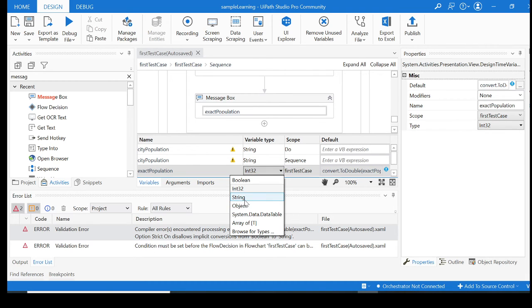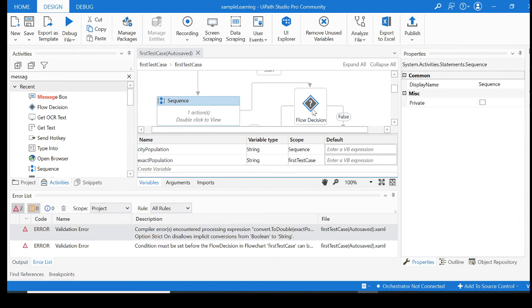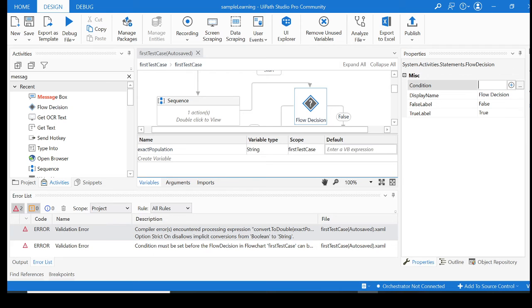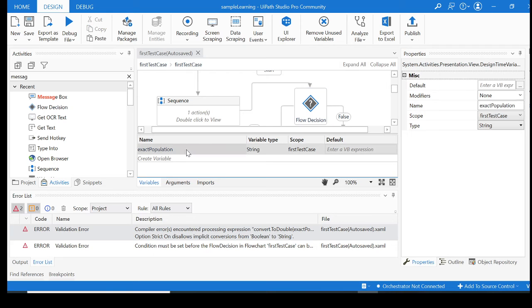Let it be string and convert the scope to the first test. And now let's remove it and go back to your first test case and your flow decision. Let's see what happens now over here.